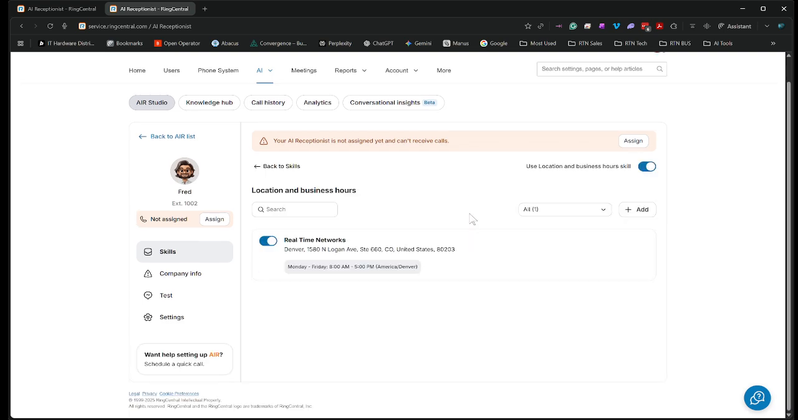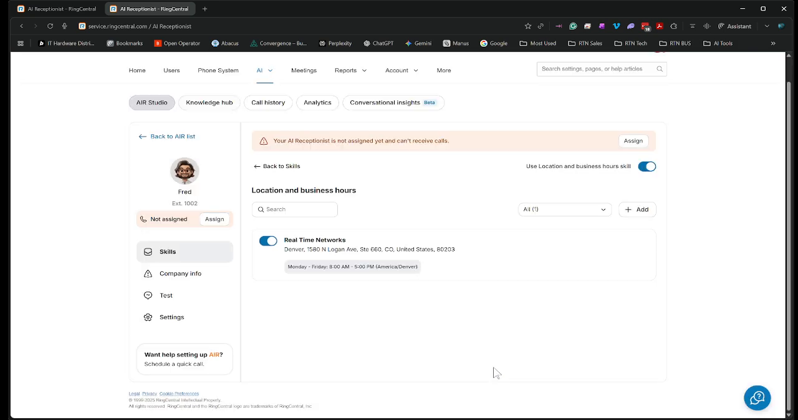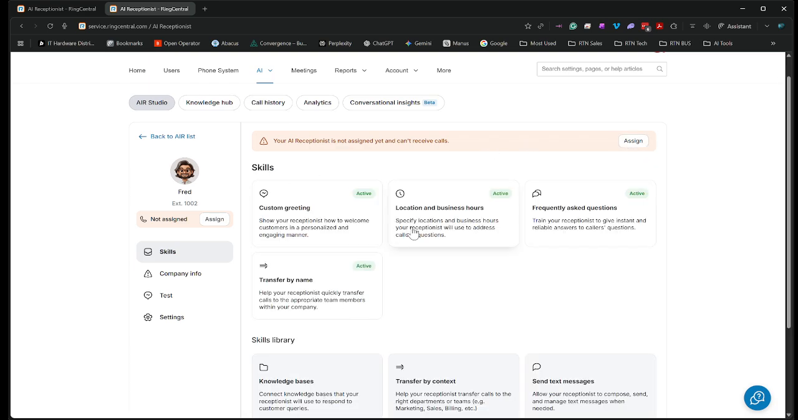You can add other business locations if you need to. So that's real easy. Add different offices, different information, different work hours for different locations potentially. All that's really easy. And then you can jump on over in here into the